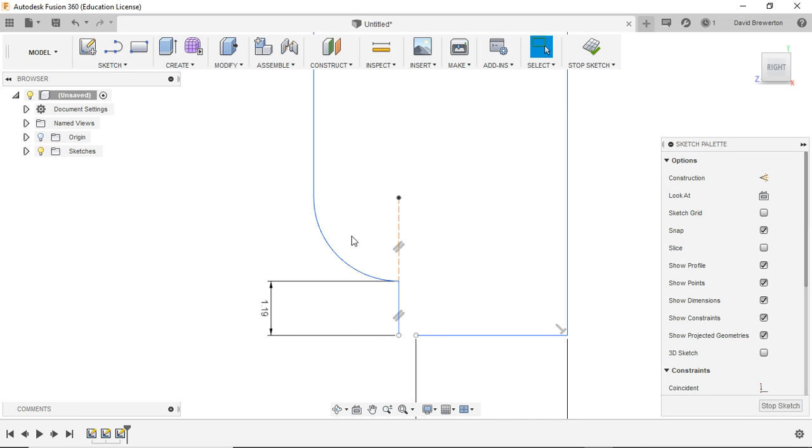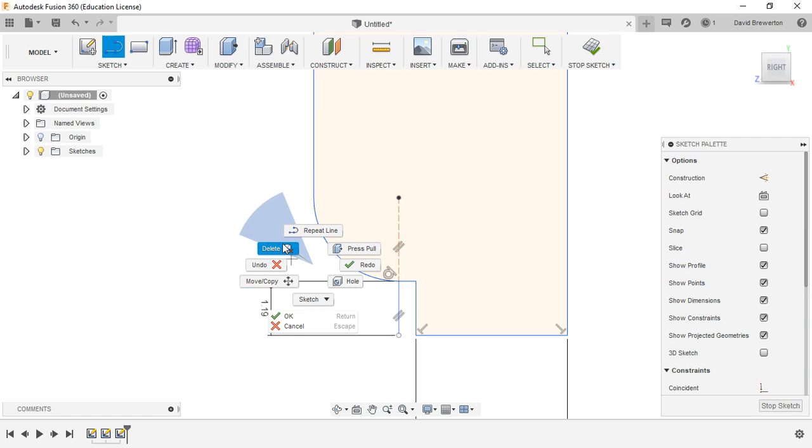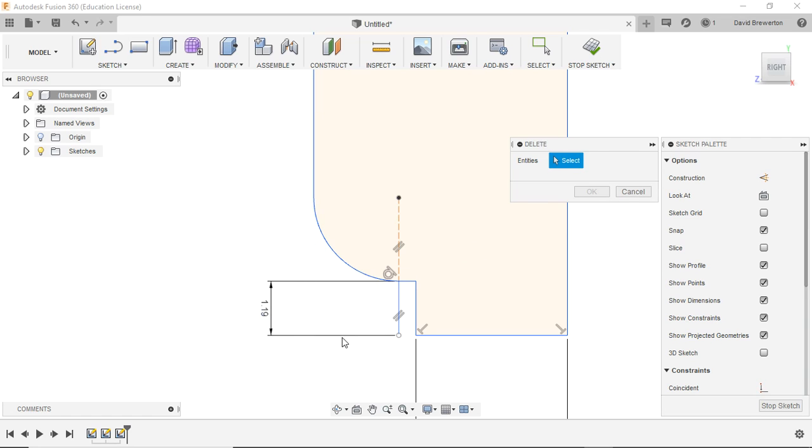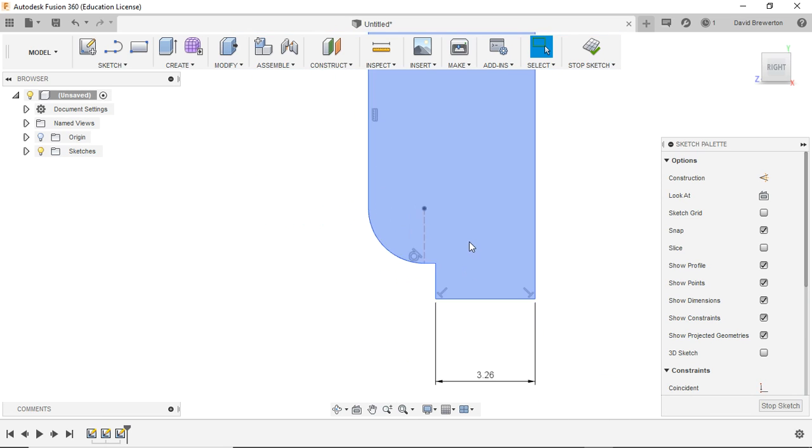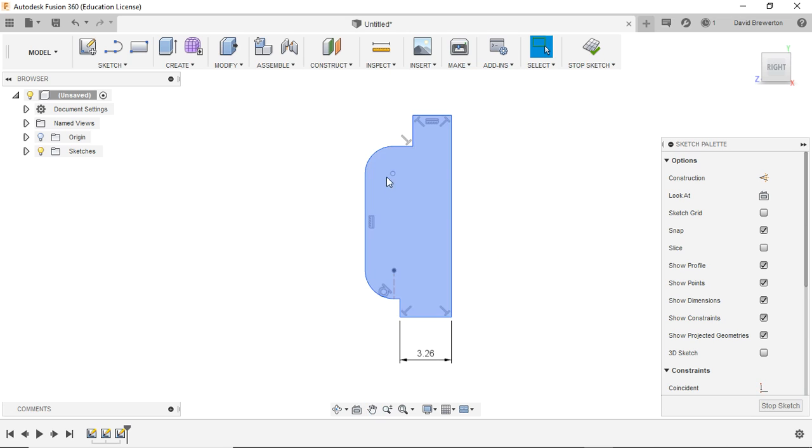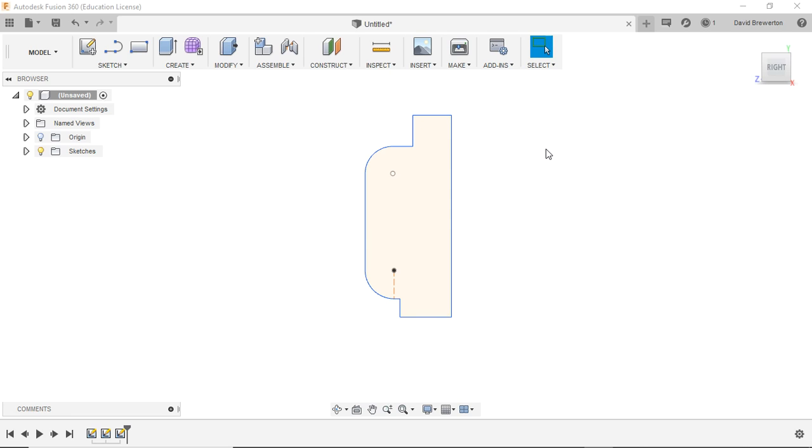Okay, and we're going to zoom in, and we can kind of see a little bit what's happening here. And this one here is 1.19, and then across. And as soon as it clicks in, you can see that that fills in. I'm just going to delete that line that we don't need now. Okay, you can see that once we've made that connection line, it fills in the shape, and we can go from there. From there, we can take that and use the revolve tool. So I'll click Stop Sketch, and we can do the revolve tool from there, and then next